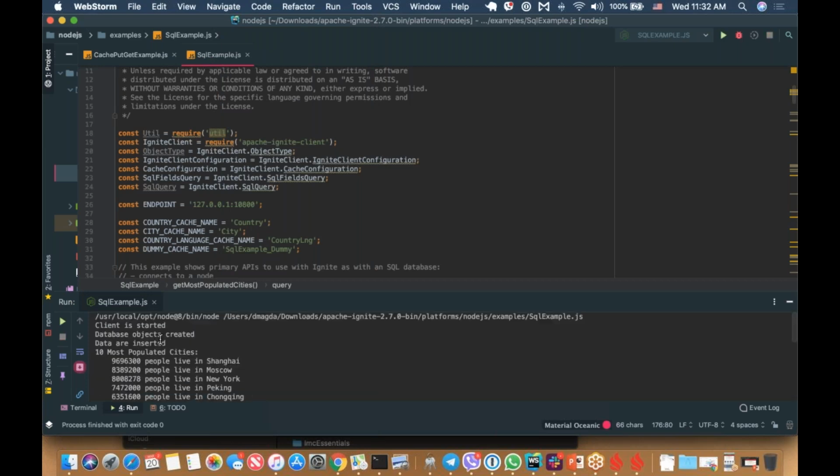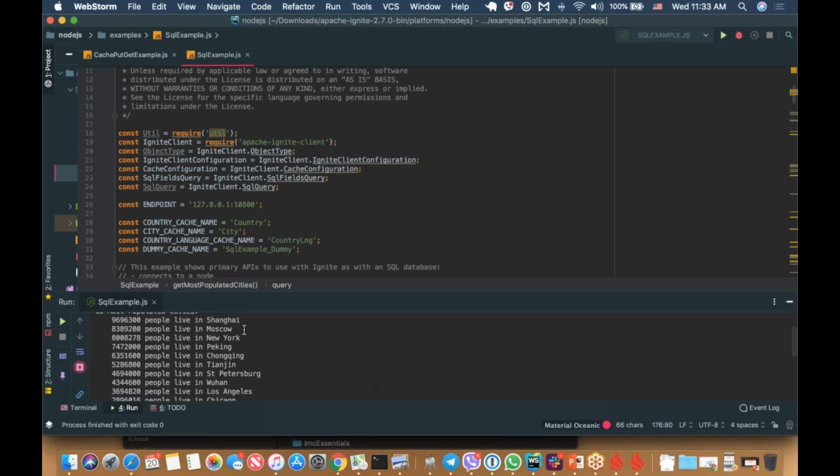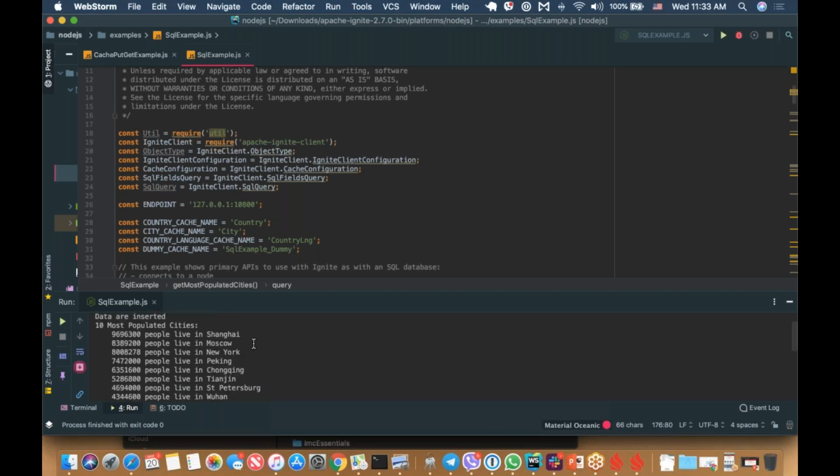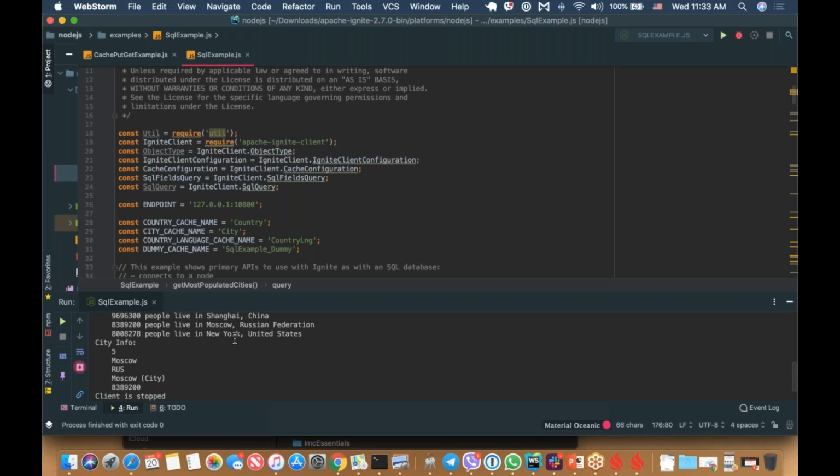We could connect to the cluster. As I see, we could create those tables. Here is the list of the most populated cities based on that data set. And that data set, I don't know whether it's actual or not, but that's what it shows. The most populated cities and some other information. If we jump back to our